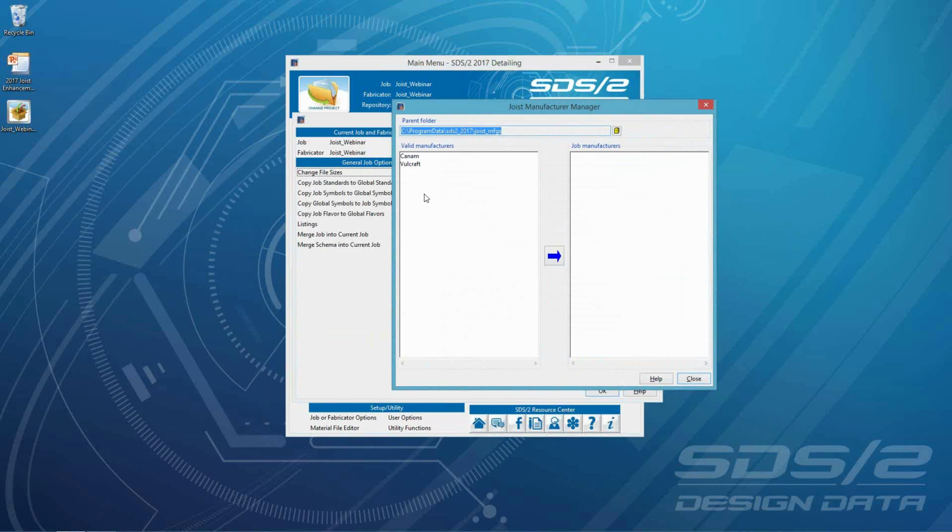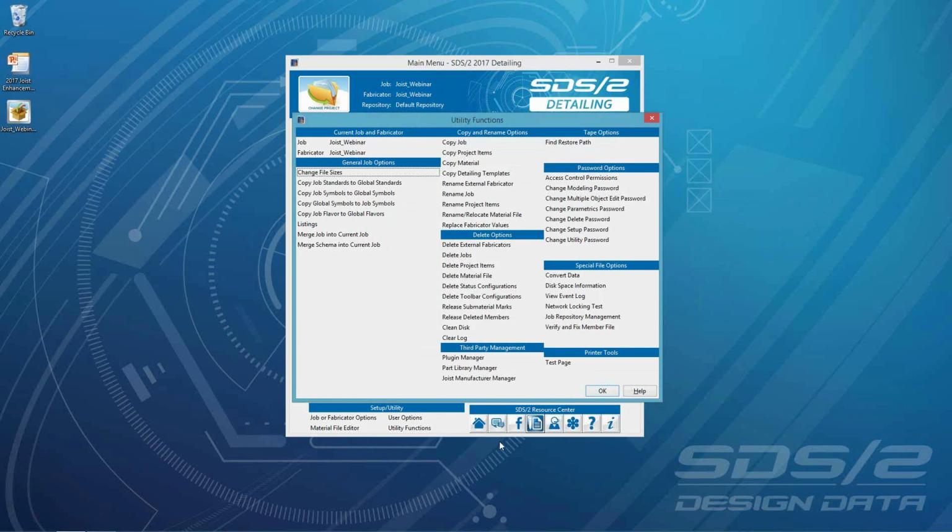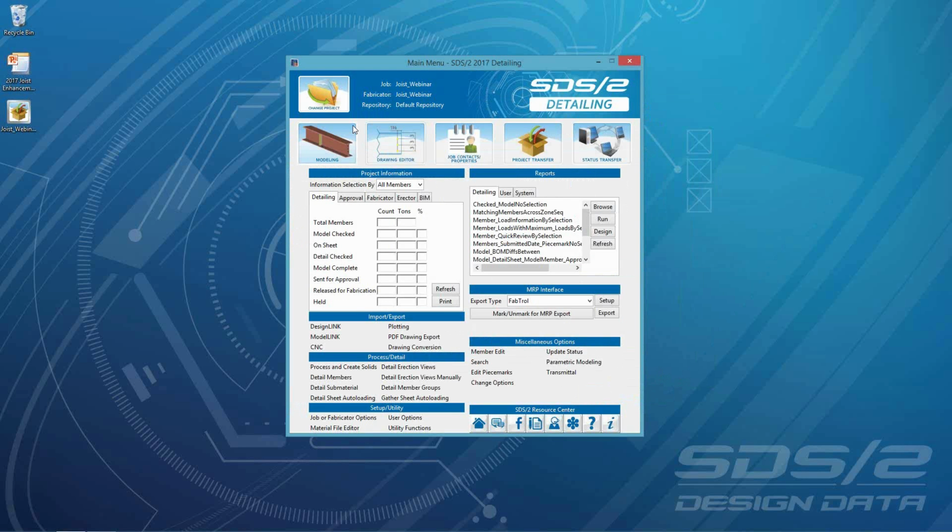So I'm just going to go ahead and select both of these. I'm going to select Volcraft and bring that in, and also Can-Am. So those two are going to be options now. We'll get back to these later on. So if I go back into my model,